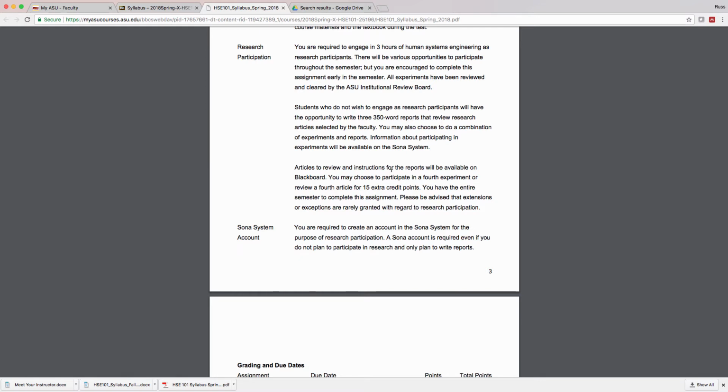I'll show you what those research articles are. You can choose to do a combination of experiments. So imagine you wanted to do 2 experiments and 1 report. That's just fine, or 1 report and 2 experiments, or just 3 experiments. As long as it adds up to 3, well, then you're in good shape. Let's see, the articles to review and the instructions will be available on Blackboard, and in fact, I'll point them